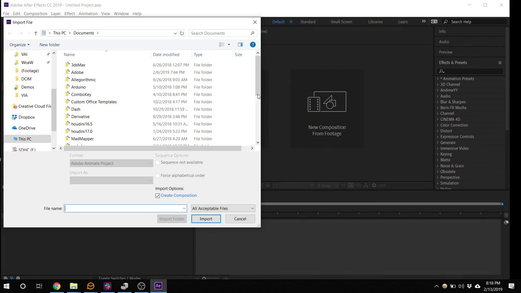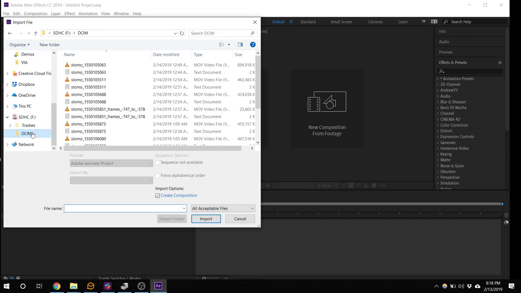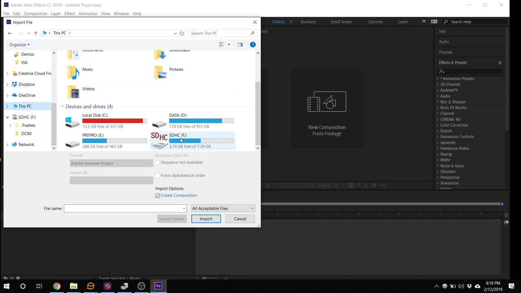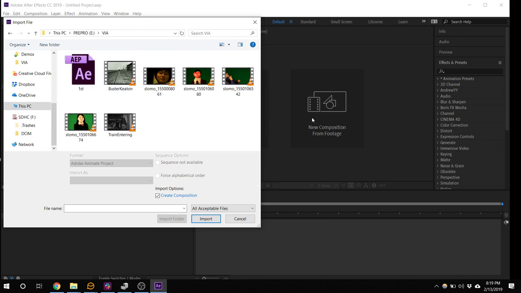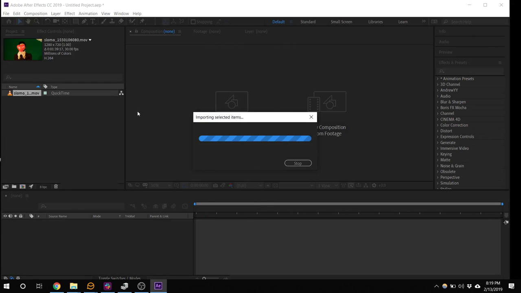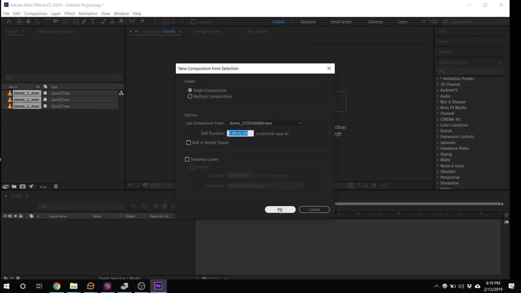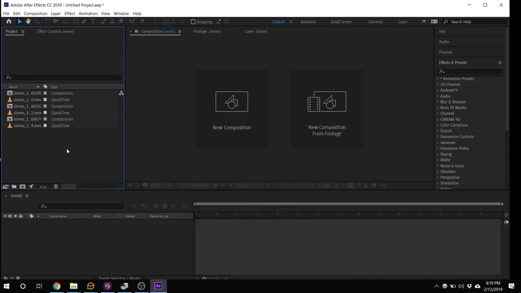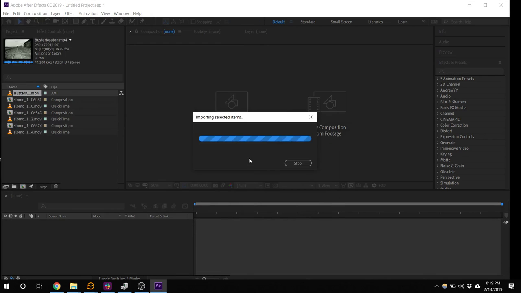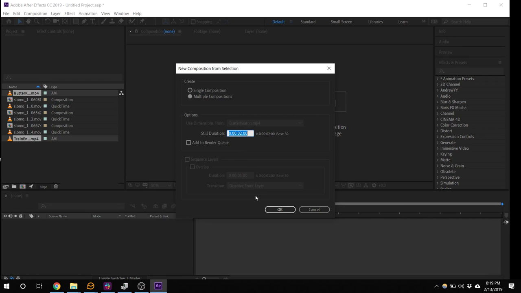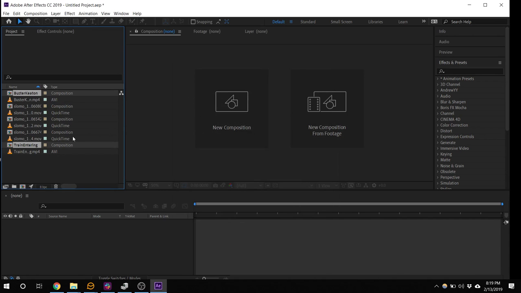So first of all, we have our guinea pigs. I'm going to bring in our footage from the slow motion camera. I'll put it here. Bring in all you guys. I'll bring in you guys down there. Interesting. Okay. And then I'm going to bring in some other things that I made. It is multiple compositions. Okay. Cool. All right. So let's first of all talk about